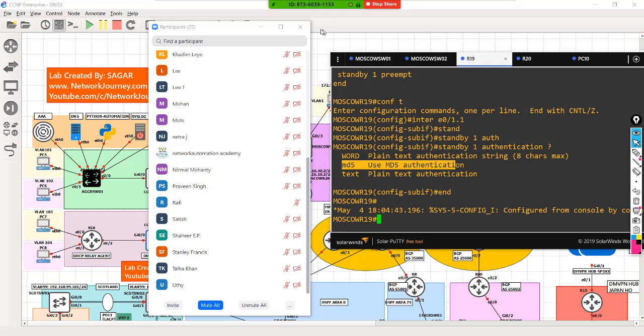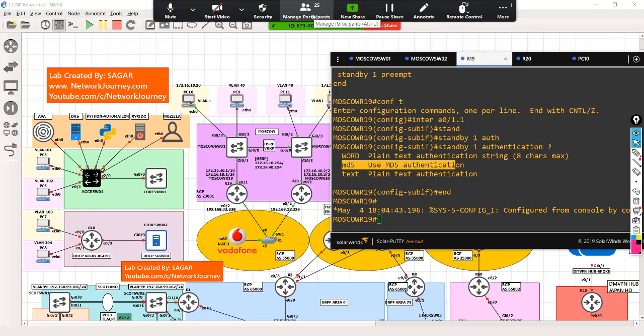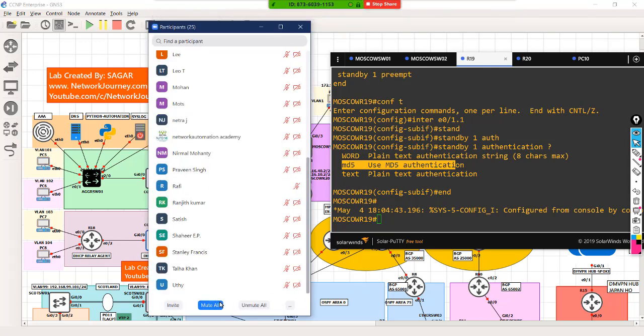Okay, cool. So let's go back to the mute state and